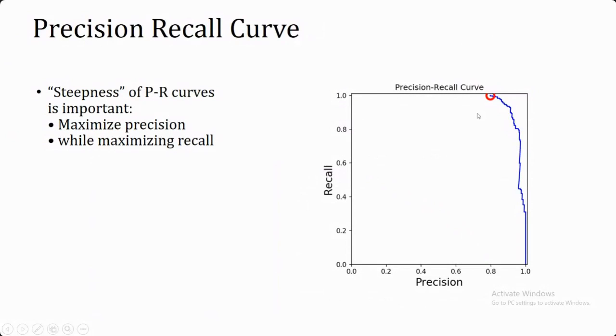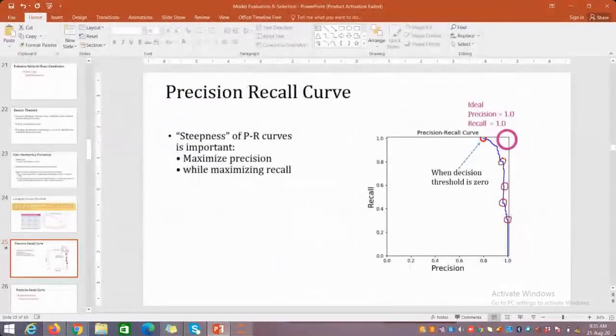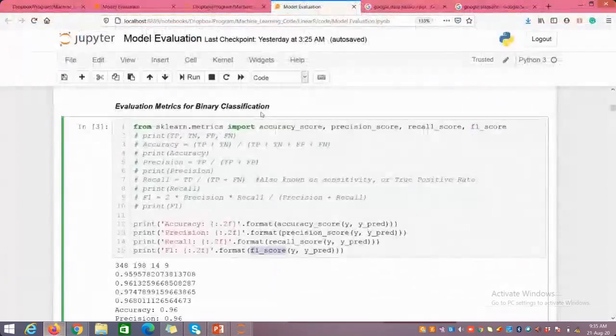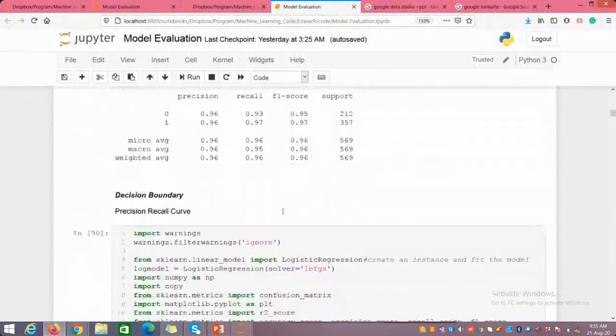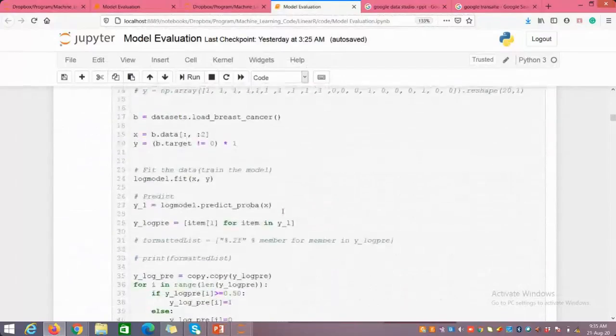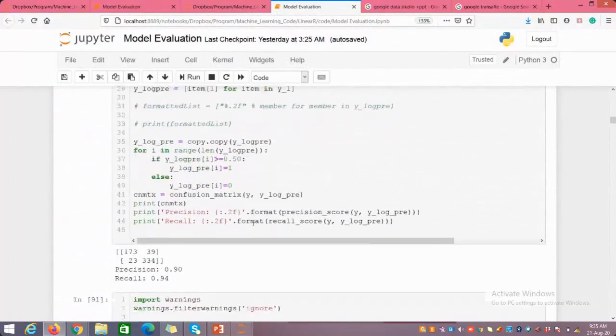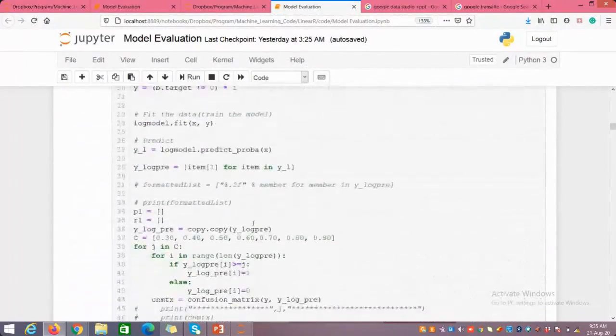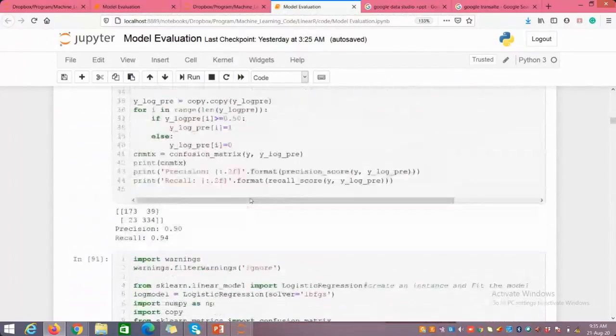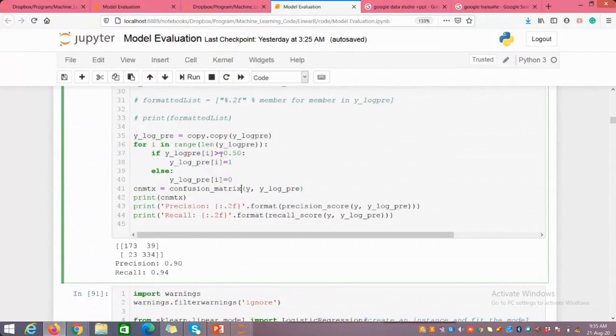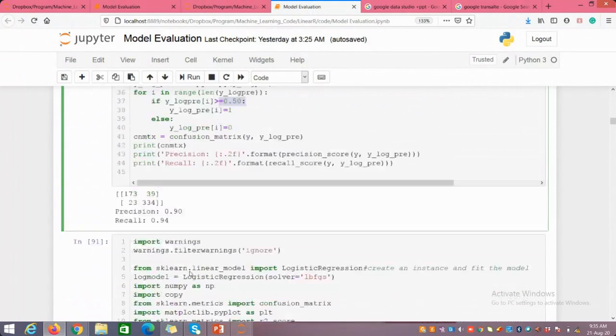Now let me cover this with an example. Here you can see that in this case I have fixed the threshold at 0.5, so based upon that I am having only one precision and one recall.